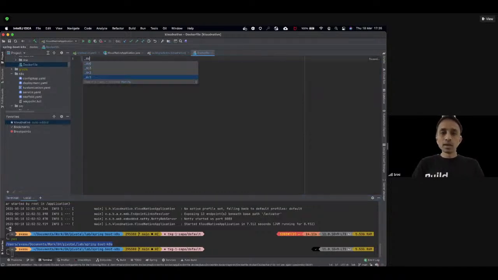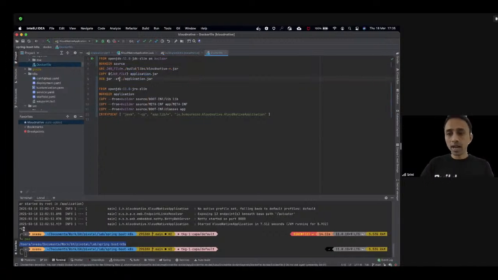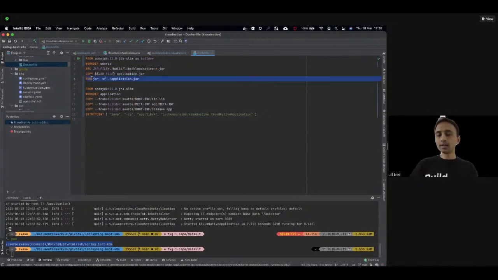So the other alternative way is more about using a multi-stage Docker build file. In this case, what I'm doing is creating a build phase container image, which is named builder. And then I'm adding the same Uber jar there. But instead of defining an entry point to run the jar, we are just extracting the jar in the build stage container image, right? And then in our final run container image, we are constructing this exploded file structure in the container image itself. So since the jar is already exploded, pull this layer from the one named builder,